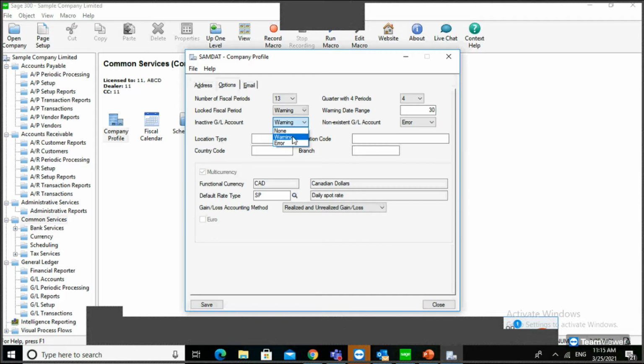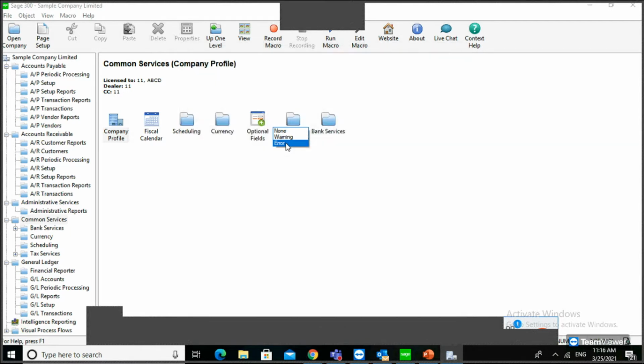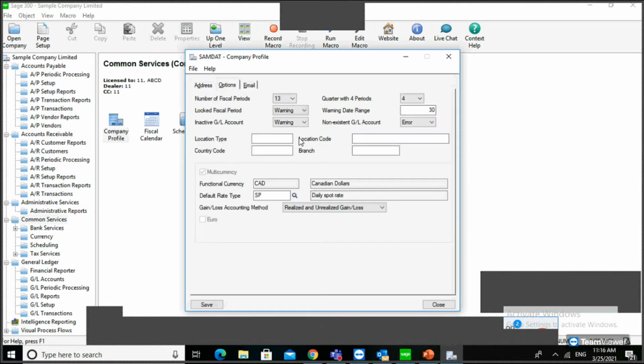If you give a warning message, it asks whether to allow posting the journal entry, and if you say yes, you can process the transaction. But if you set error, you can't process the transaction. It gives the error, as set in the company profile.